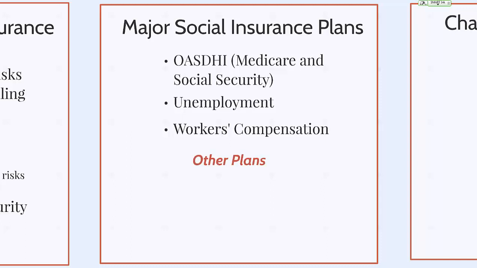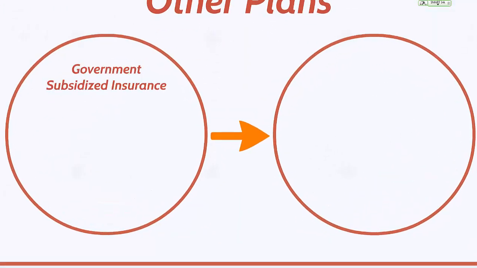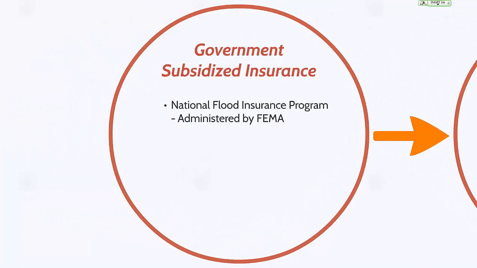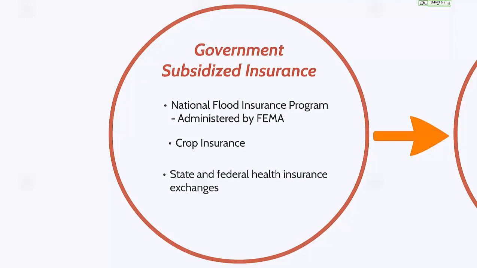There are some other plans which aren't technically social insurance plans, but there is significant government involvement in these plans. We'll look first at government-subsidized insurance and then government assistance. First, the National Flood Insurance Program, which is administered by FEMA. This is government-subsidized insurance, and we'll talk about it here more. And then crop insurance, which is of course for farmers, and it is administered by the USDA,